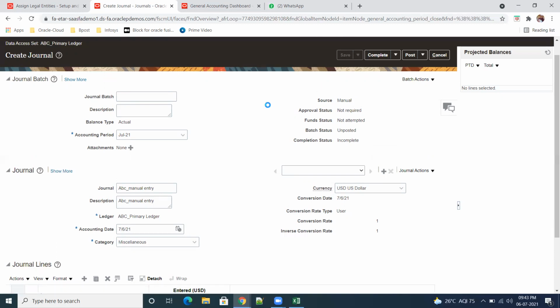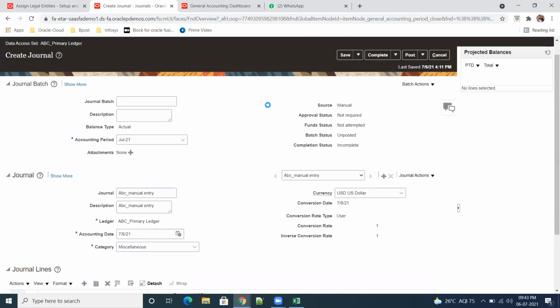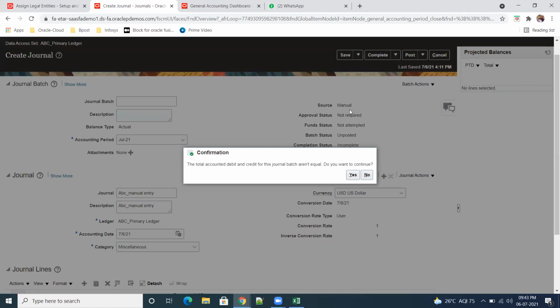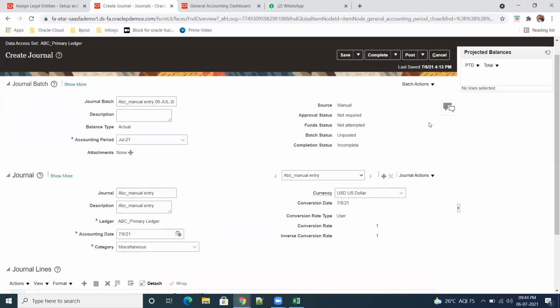See, the source is manual here. Even auto journal entry is possible. Yes, usually all things are done automatically, but here we are verifying whether our ledger is working or not. That is the reason we are entering the manual journal.